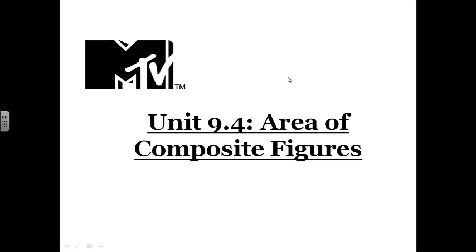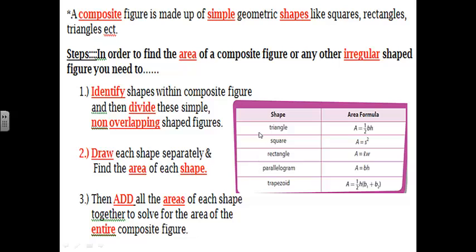We're going to be doing Unit 9.4, Area of Composite Figures. Okay, so first off, a composite figure is made up of small geometric shapes like squares, rectangles, etc. So what we're doing is we're combining area together. We might have a shape that consists of a triangle or a square put together. So we're going to be doing area of individual shapes and then putting them all together, which is called